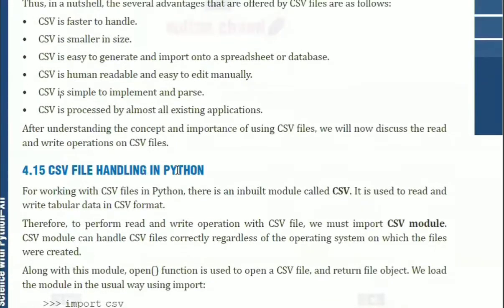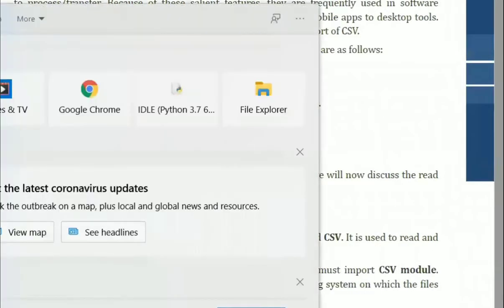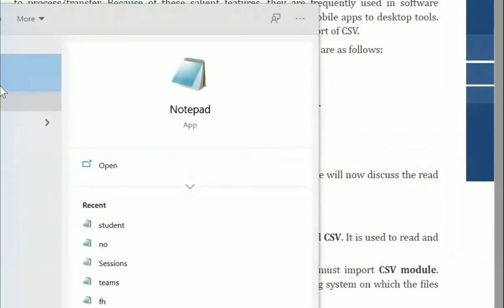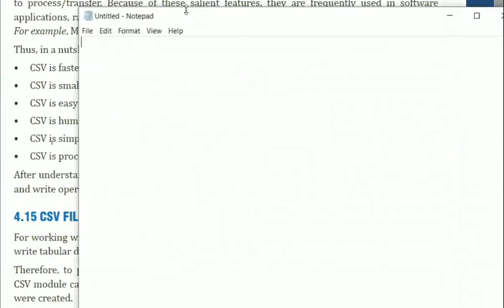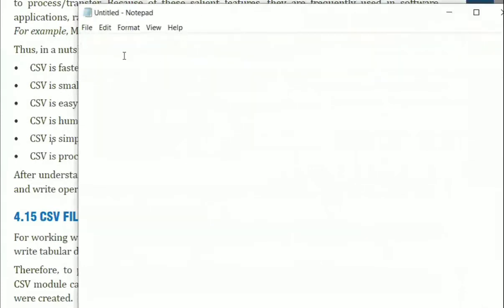So CSV file handling in Python, as we have, there is an import statement with csv. Before going into that, I'll show you what a CSV file is and how it looks like. I'll open a notepad. If I have some data, suppose it is a book number.